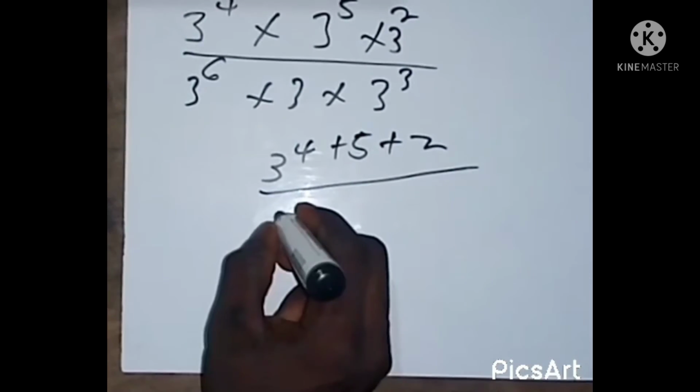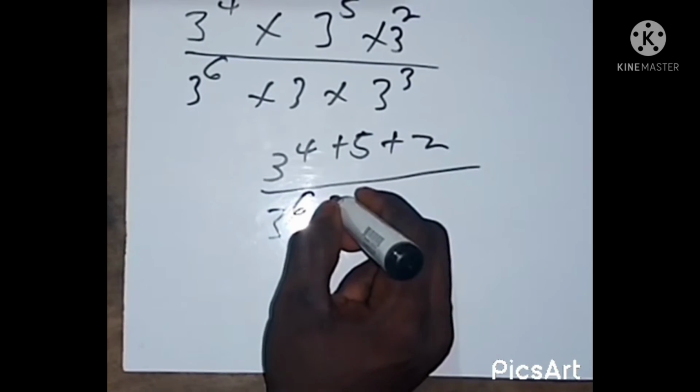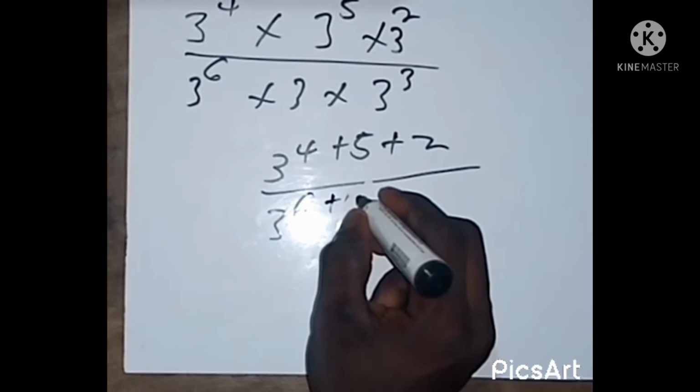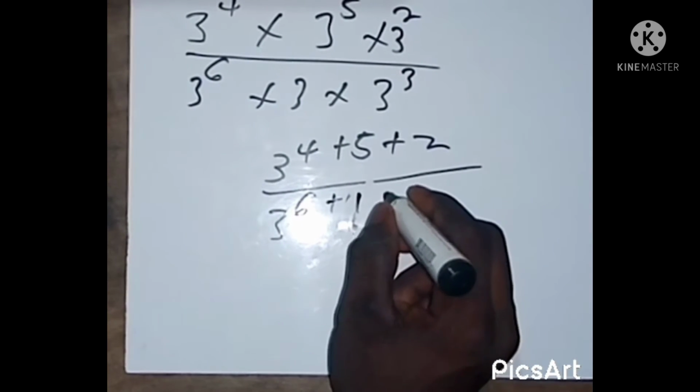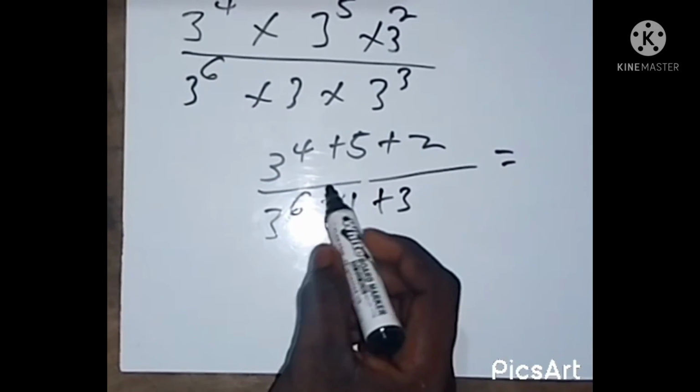Here too the bases are equal, so 3 exponent 6 plus 1 plus 3, which will give us now